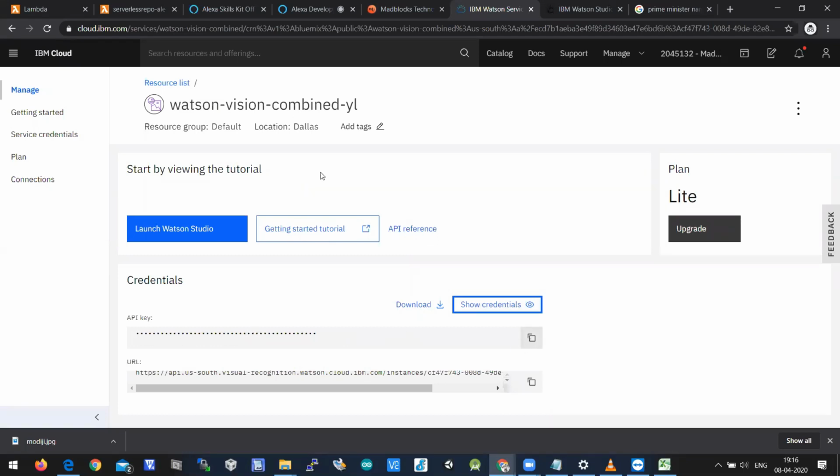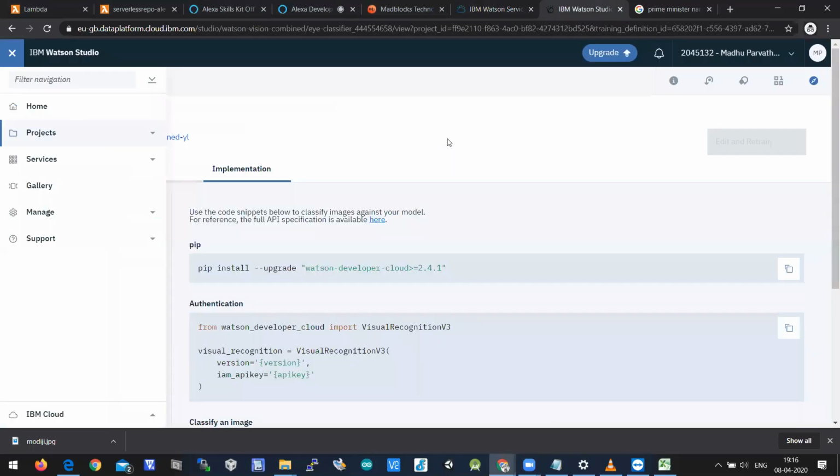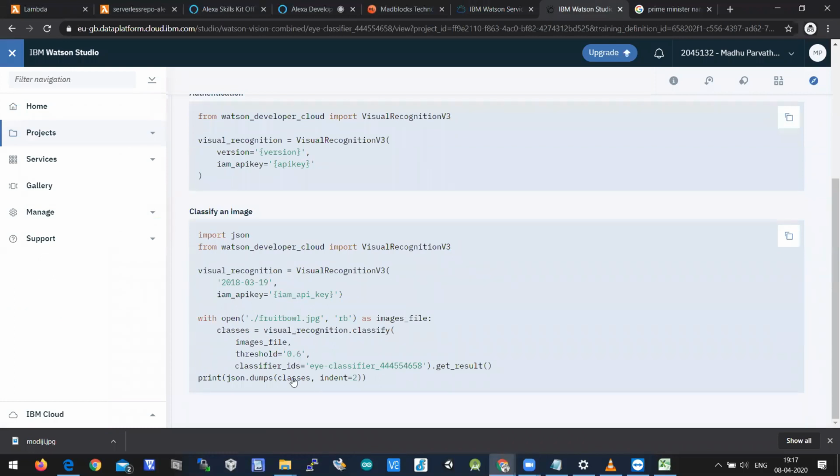You need to use this API key in the reference code. I've shown you the reference code, right? So here you need to place your API key and version. You can easily classify the image from a remote area by calling these 5 or 6 lines. If you run this program from a remote machine, it will upload that image to the IBM Cloud with Watson Studio, the processing will happen here, and the same result will be returned back. We are using a print statement here, so the same thing will be printed there. The data which is displaying here,